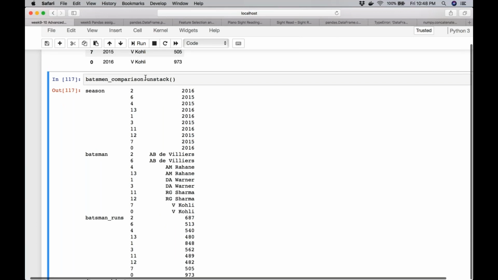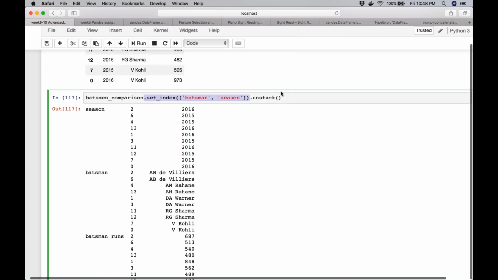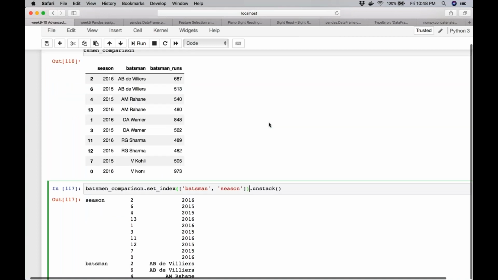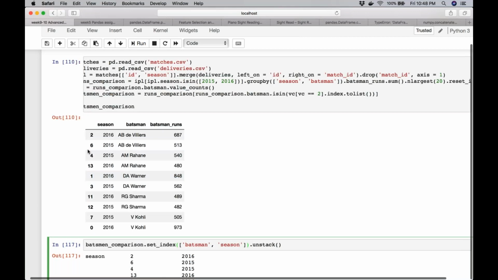Do you see that? Now if I first set the index, okay, let me show this. This is my data frame. It has some indices. I can even reset the index here, to make it 0, 1, 2, 3, whatever, to make it a little more clean.